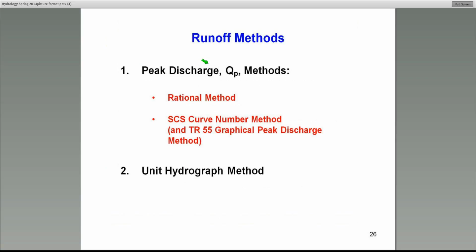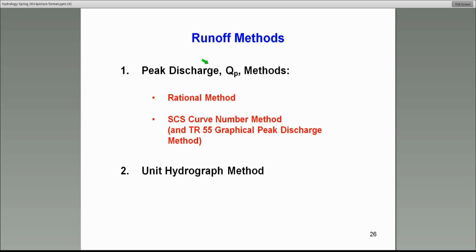Now let's start with the primary focus of our discussion today: what are the design runoff methods. Remember, up to this point, we talked about rainfall. We talked a little bit about how to convert that rainfall to runoff, but the primary thing is we know how to select a design storm or design rainfall. Now, all these methods that we're going to talk about here, two methods, mainly the rational method and the SCS